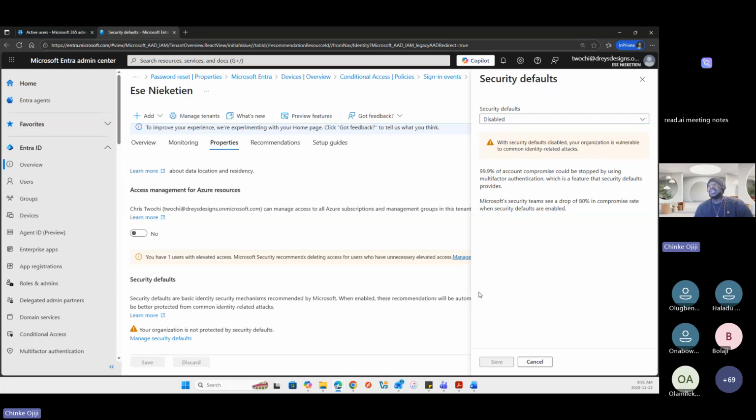And once you do that, your users will not be asked to set up the Authenticator app, right? It is not recommended for you to disable it, of course, because Microsoft wants all your users to be protected, right? But some organizations may not want their users to use the Authenticator app just yet, right? It might be a matter of user education or anything like that, right? But this is where you control that setting.